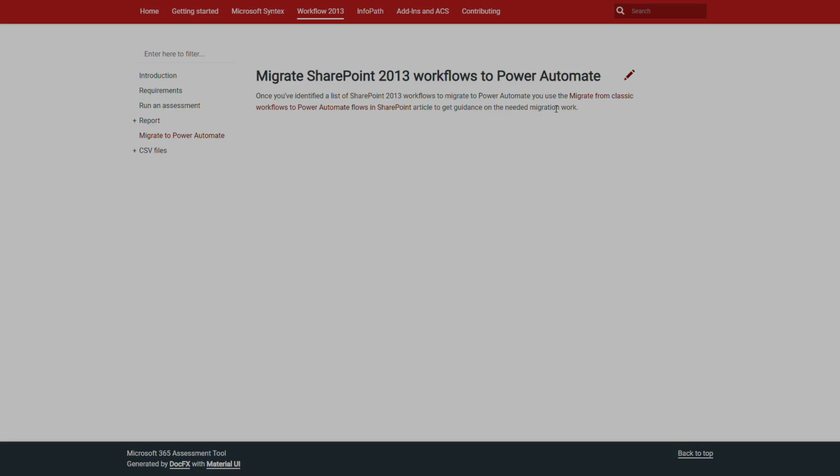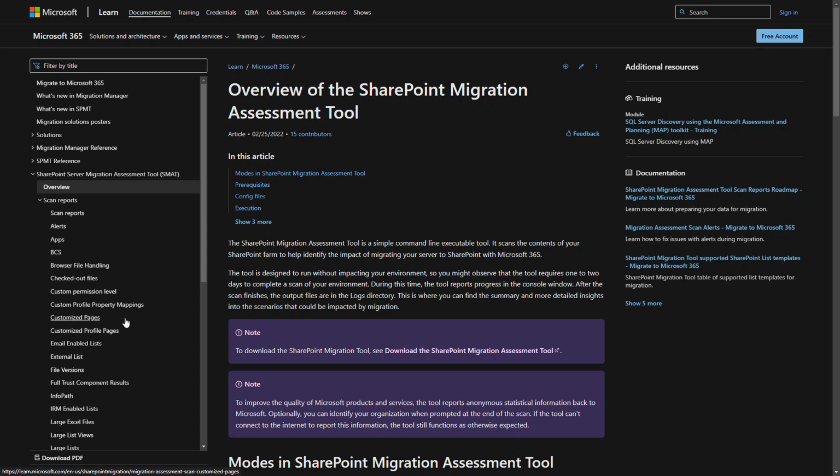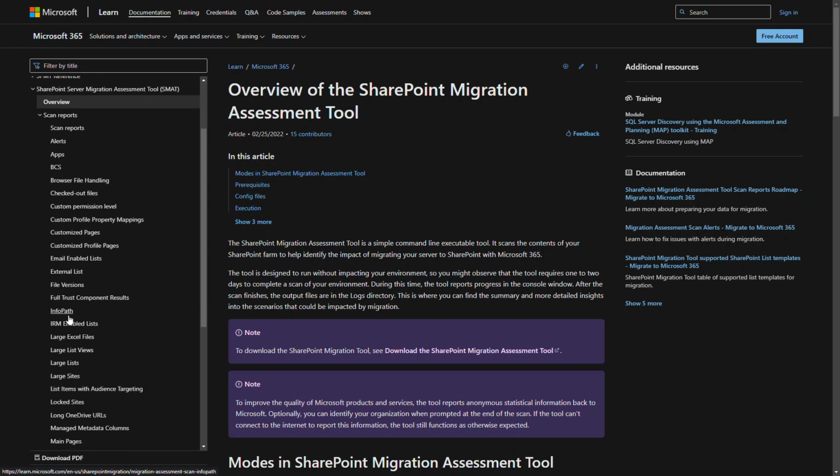And what if you're still using SharePoint on-premises, you're planning the migration, and you need to prepare yourself for migration to a platform that will not support SharePoint 2013 workflows and InfoPath? Use the SharePoint Migration Assessment Tool. This is a really great tool I always recommend for assessments of your SharePoint on-premises environment. It generates detailed reports about the data, workflows, and InfoPath. You will get